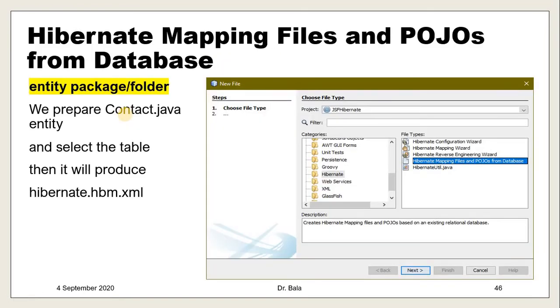For that, what I will do is come to the Hibernate category, and I will choose Hibernate mapping files and POJOs from database. I have to select this one. Once you have selected this one, it will prepare the hbm.xml file, and also it will prepare the contact.java file automatically.